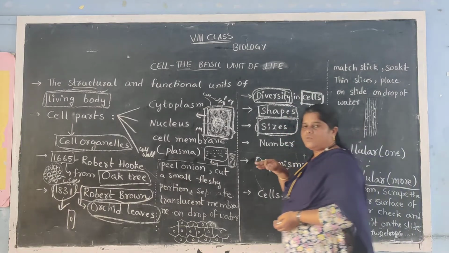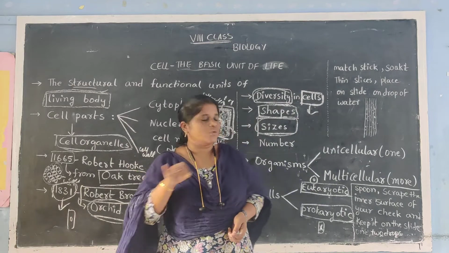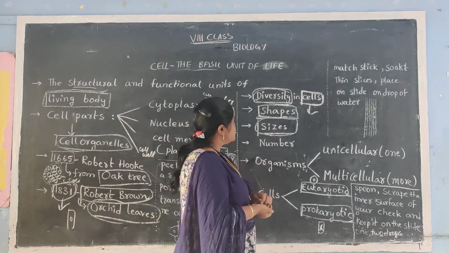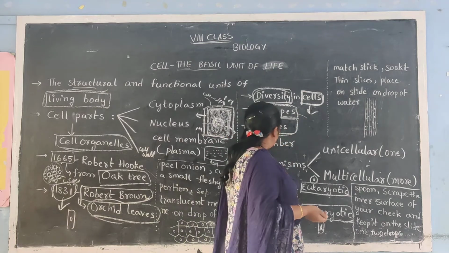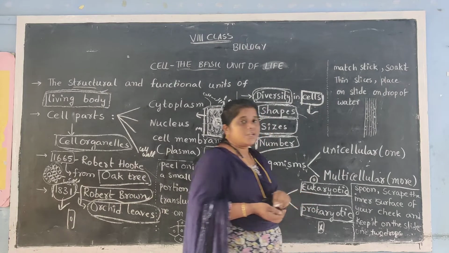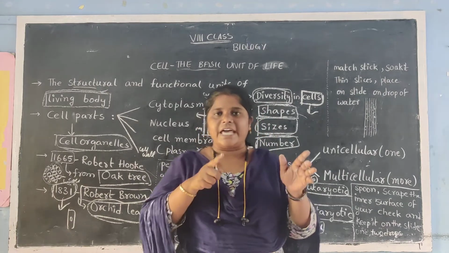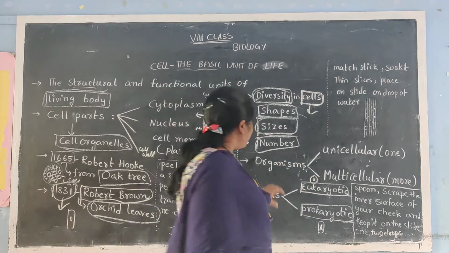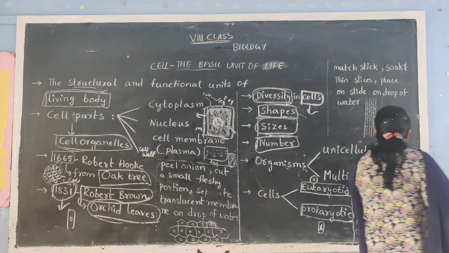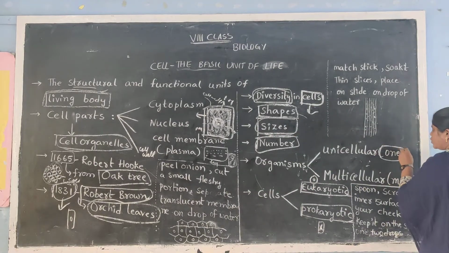Each and every cell will not be of uniform size or uniform shape. And the number of cells in the organism also differs from one organism to another organism. Now if you observe organisms, if only one single cell is present, it is called as